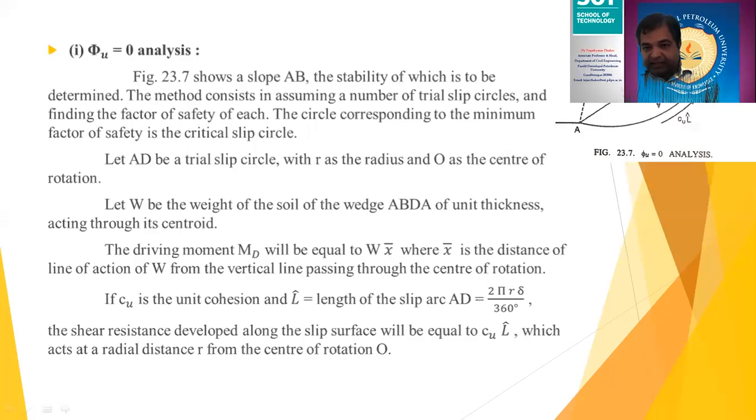You can see this is the driving force. In this direction, this driving force will act, because what we are finding out, the MD, which is nothing but W X bar, is in this direction. But because of the cohesion in the soil particle, which resists the force in the reverse direction because of this Cu, right? So Cu will be the resisting moment, acting along the length of this particular arc. So if I say it is a shear resistance which is being developed, shear resistance is developed